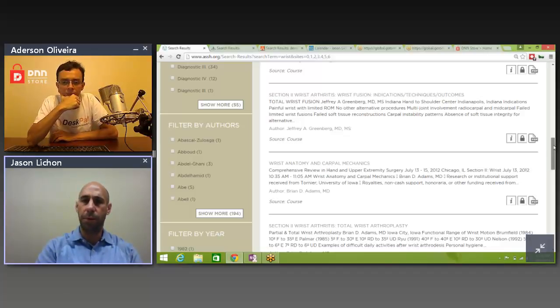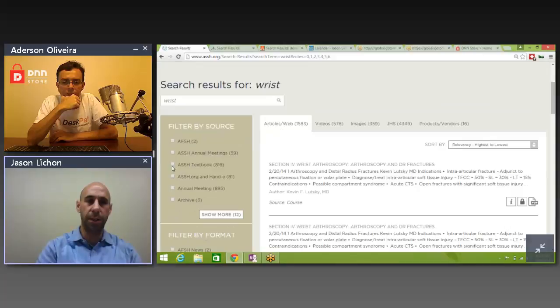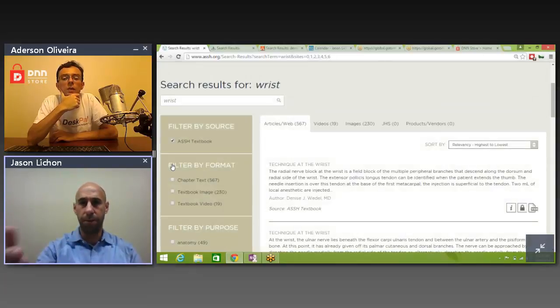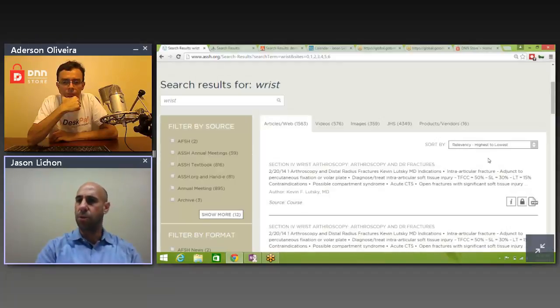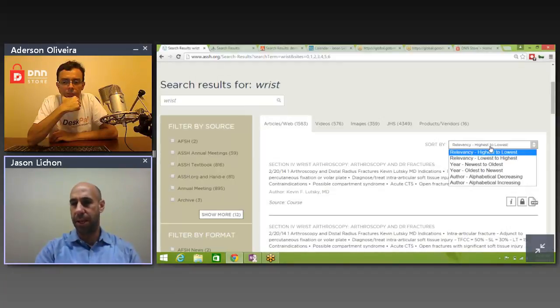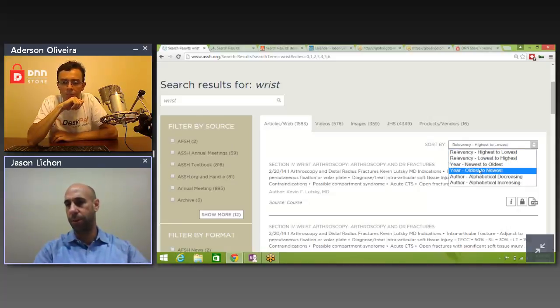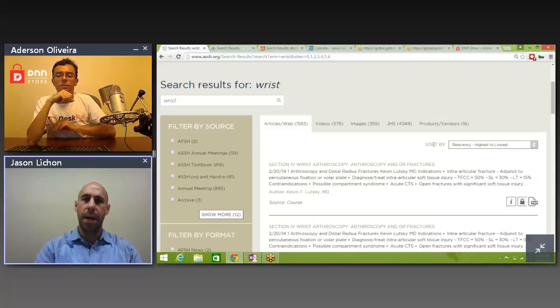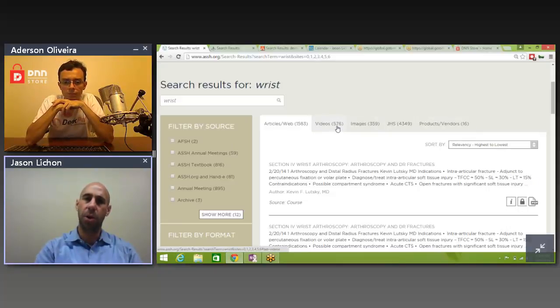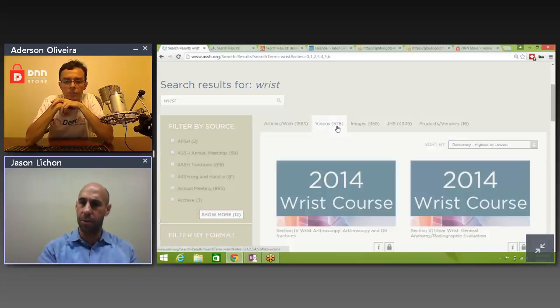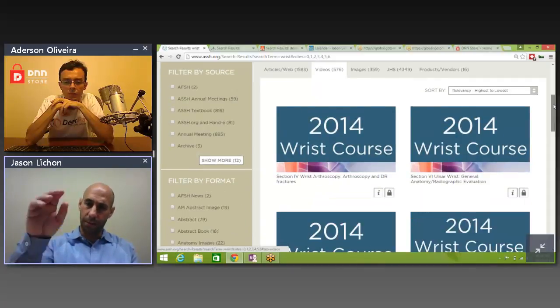So there are filtering options, and if I just were to grab one, you can see it's not a postback, it's very performant, very quick, and I'll unfilter that for now. You've got sorting options over here, so relevancy, obviously, time span, or oldest to newest versus newest to oldest, and authorship are all different sorting options. And then we have tabs here. So this is similar to the Google approach of saying, here's your text results, here's your videos, here's your imagery, and so on. So if I click over to videos, I go from that vertical listing to more